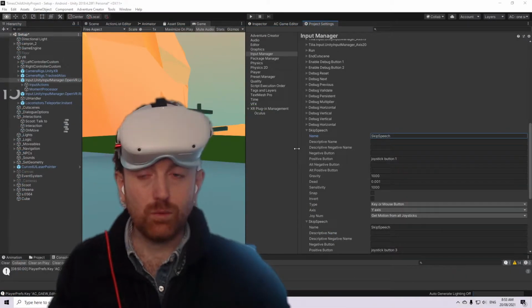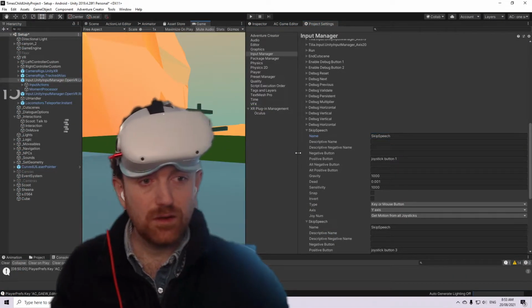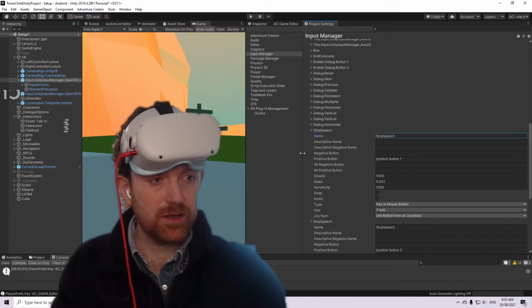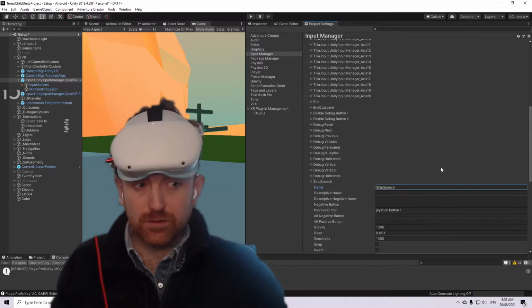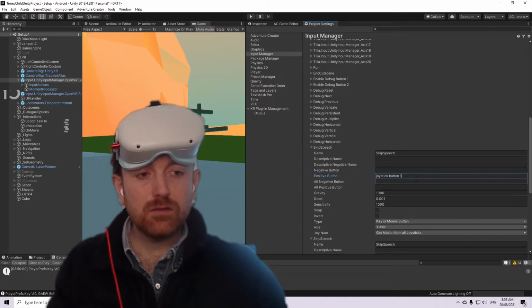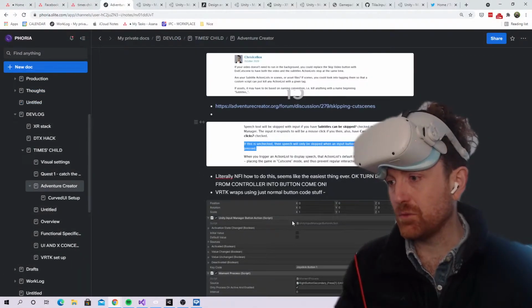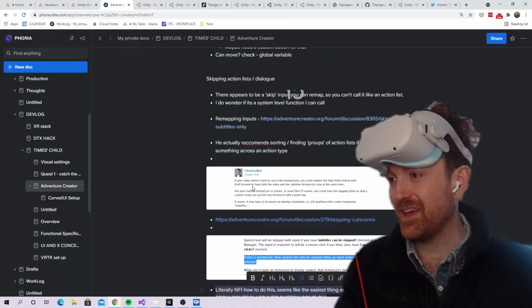that makes Adventure Creator. One guy has been working on it as long as I've been doing this, and is just an absolute saint. I would have literally deleted the whole project by now. So what I was really stuck on was, okay, skip speech, but how do I figure out which button is the right one? So I went through, you don't even want to know. Okay, so